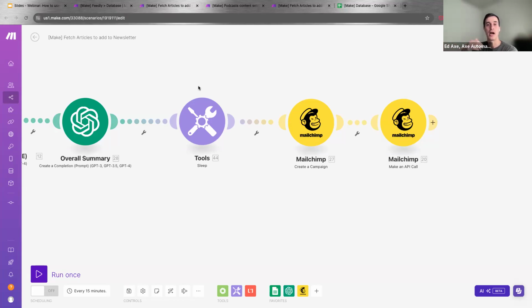So if you want to start building an audience, if you want to start talking to an audience, engaging the audience, that's a very easy way to start getting the content and sending out the emails to your audience. So you can even work with Gmail. One thing that we are doing internally here at Make is sending it to Slack. It's not even an email, just internally for the team who are following some specific topics online. Every week, this is the summary of the news that was published about this specific topic, let's say AI, for example, and we're just sending a Slack message every week in one Slack channel. So there are different applications that you can use this for.